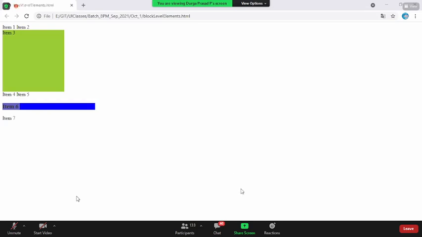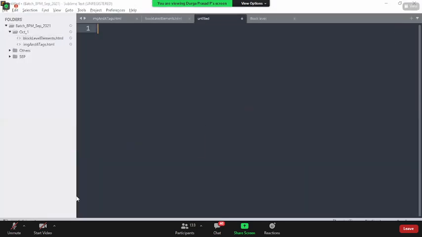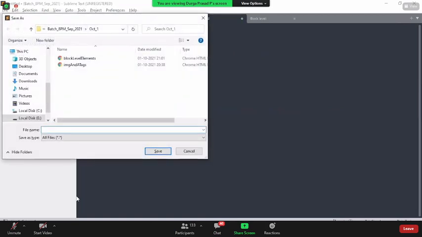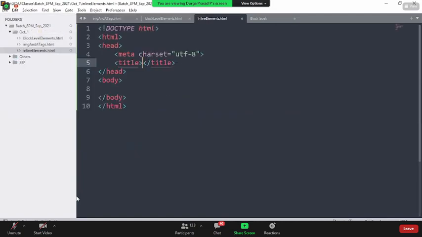Yeah. Okay. Next, coming to the inline element. So how does an inline element look? Let's have a look. Okay, so I say HTML. The best example for an inline element is the span tag. Span is one of the predefined tags, and that is the best example of an inline element. Why it is used, we'll have a look.